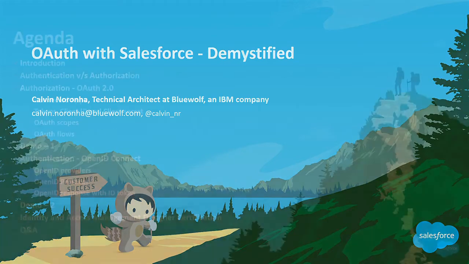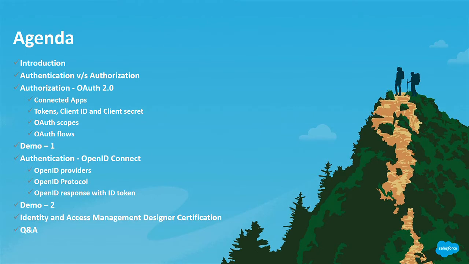As part of the agenda today, we're going to discuss mainly OAuth from a Salesforce perspective. OAuth is a very vast subject actually, and today we're going to limit ourselves in this session to learning key concepts such as authentication and authorization and understanding the distinction between the two. Under authorization, we'll be learning more about OAuth, and we'll understand a few topics related to OAuth, and that will lead us into our first demo, followed by which we'll then look into authentication, and we'll see something called OpenID Connect, which allows you to do authentication in Salesforce, and we'll see a few things related to that,